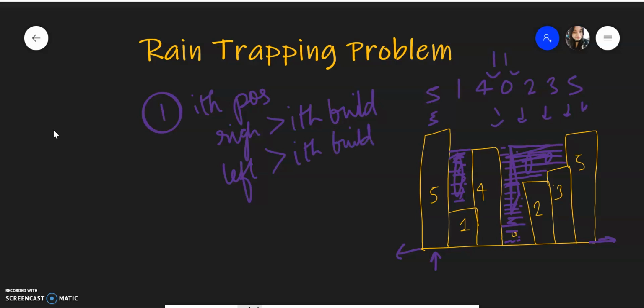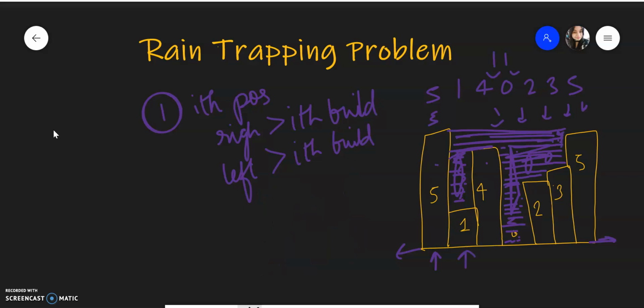Here there is no left building, but let's take an example of something like this. If you see the middle building, there are buildings on the left and buildings on the right, but the water cannot be trapped because the heights of the buildings are not high, so no cavities are formed.